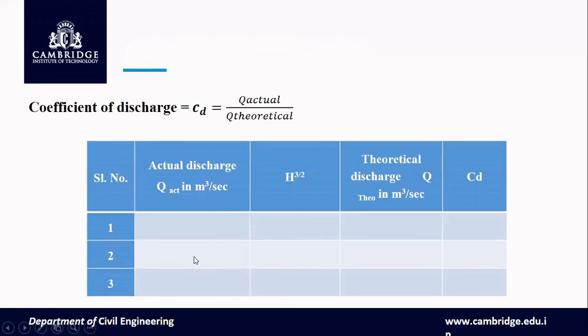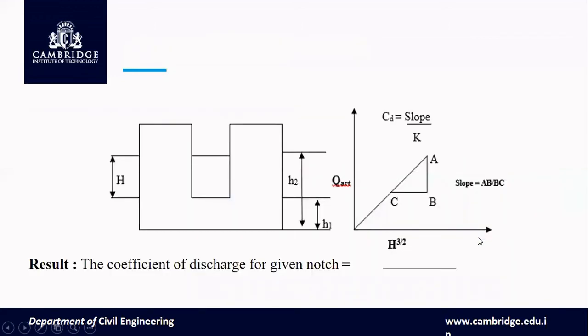Then once after calculating the actual discharge and theoretical discharge, you substitute in the coefficient of discharge expression. So Q actual to Q theoretical will give Cd. After that, you can tabulate all the readings and calculated results once more in the tabular column. The actual discharge values you calculate and keep here. Then H values keep here. The theoretical discharge values you calculate, write here. Then the final Cd value for 3 trials, mention here. Then in the result, the average of the 3 trial values of the coefficient of discharge will represent what we find analytically.